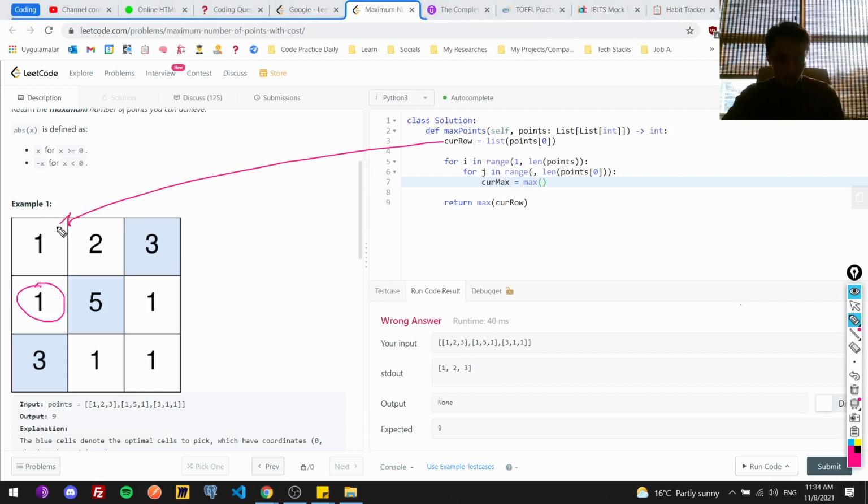So this is the current row, this part, and I want to take it from that. For that, diff will be equal to the absolute value of